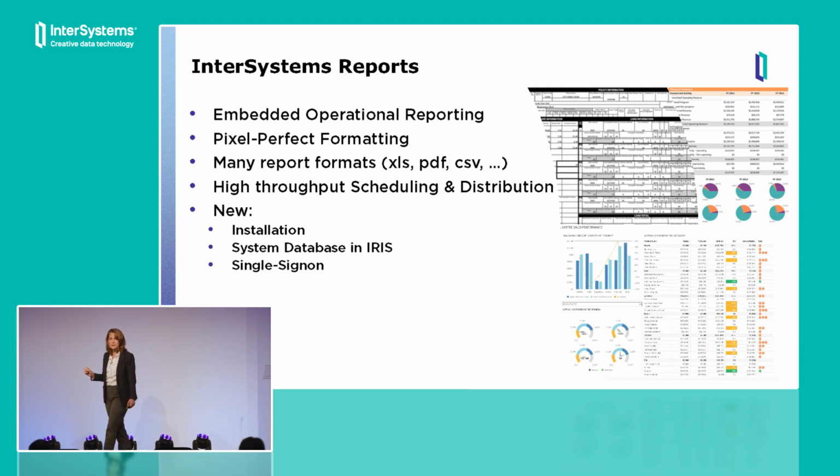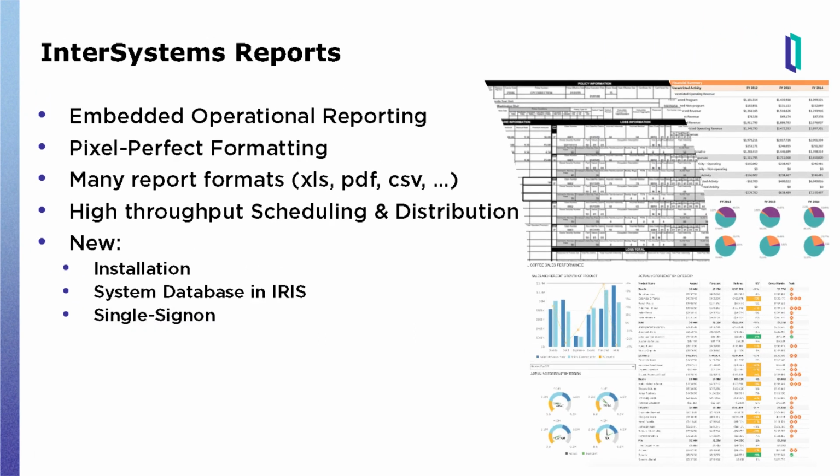InterSystems Reports was added to the Iris license about two years ago, so it is included in almost all Iris licenses. It's an optional component though, so if you want to enable it, you do have to ask to enable it. It's deployed separately, and it's designed to deliver historical reports to lots of people. So it's very effective for delivering reporting information as email, CSV and Excel format, lots of different formats, and